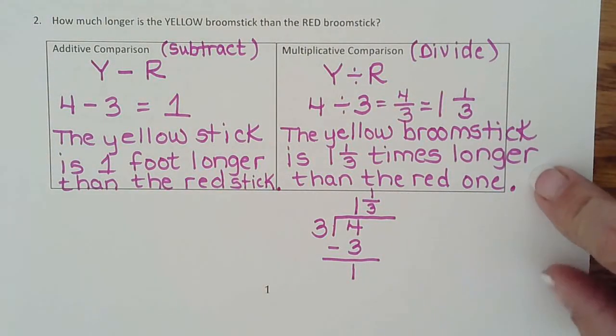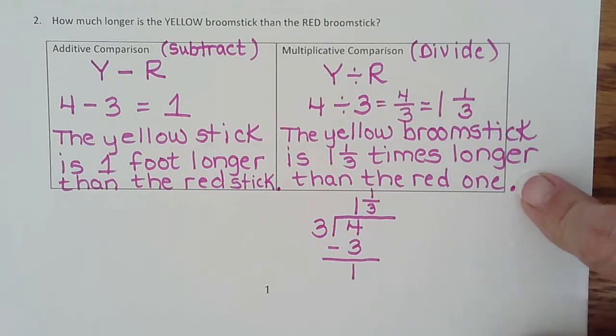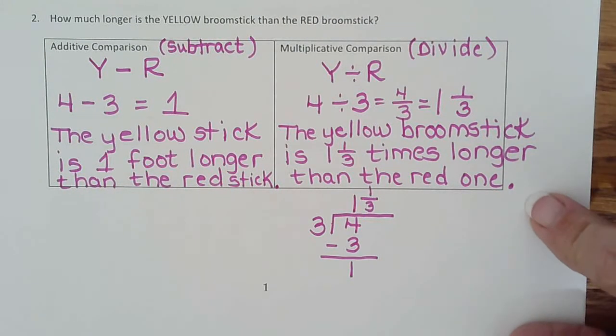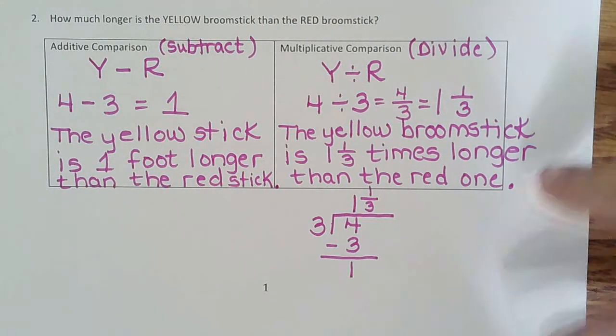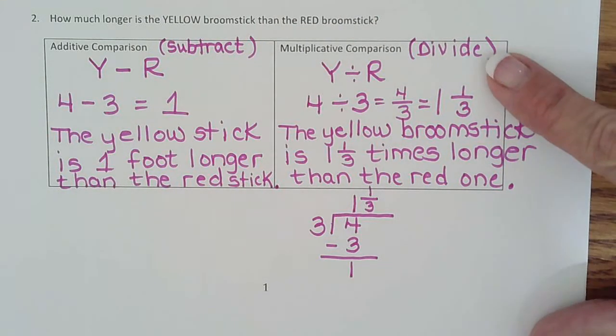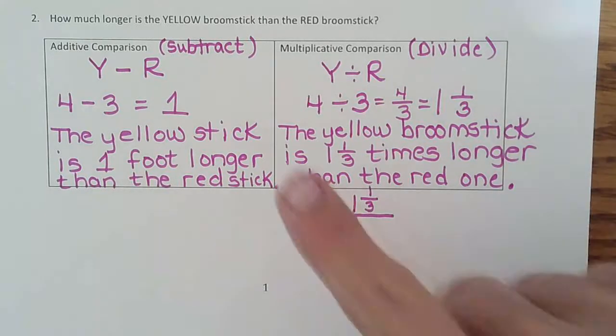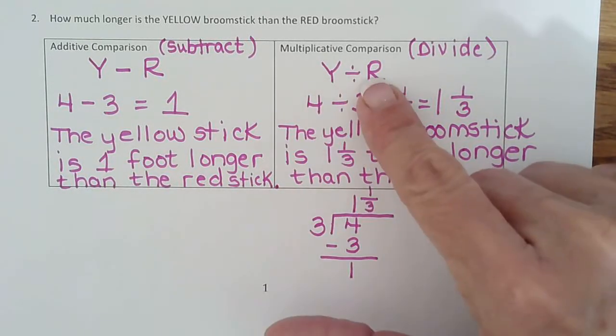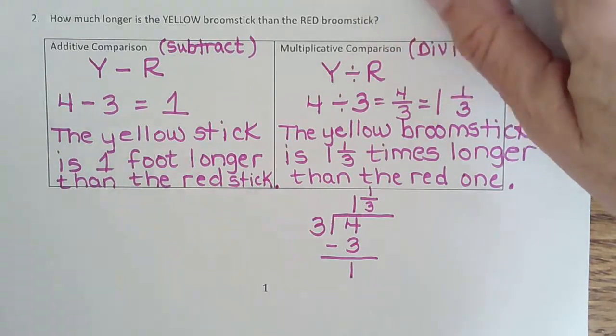Before we go to page 2, I just want to make sure everybody got this down. I know we ran out of time on the video. It only gives me 15 minutes, so I'll just explain this one and you can write if you did not get it. So yellow divided by red would be 4